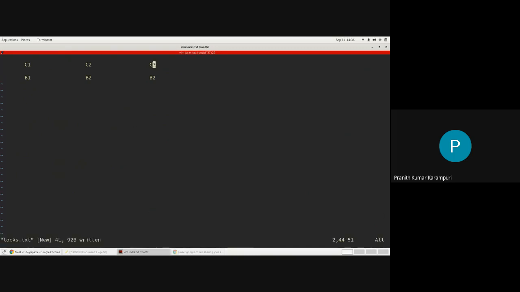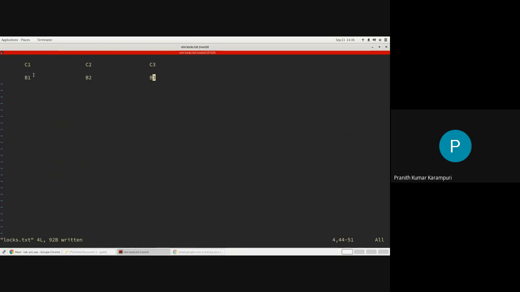Generally, these C1, C2, C3 are probably separate machines, and brick 1, brick 2, brick 3 are separate machines, right? Now, if they are trying to take locks in parallel, they have to send 3 messages. Let's take a single lock case only to make it a bit easier to understand. C1 has to send the same lock to this, and this. Similarly, C2 has to send a lock to these, and similarly C3, right?